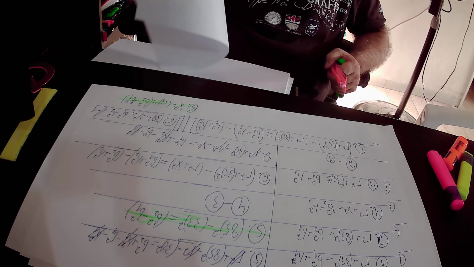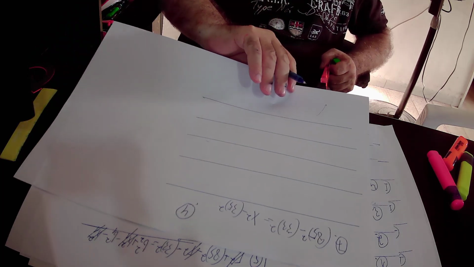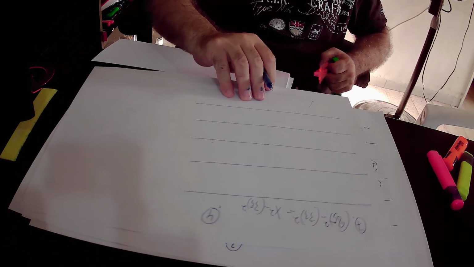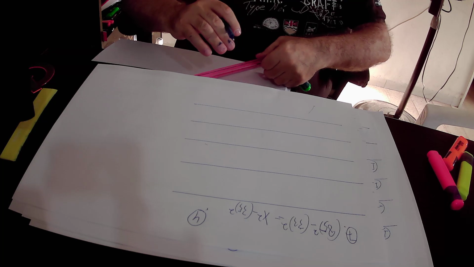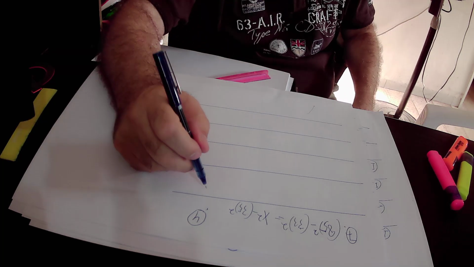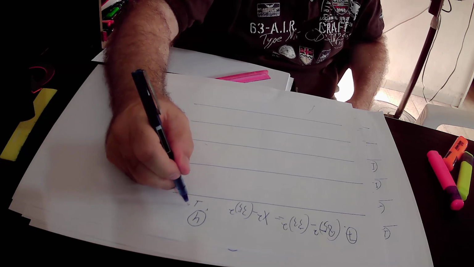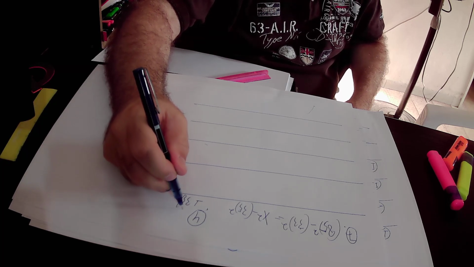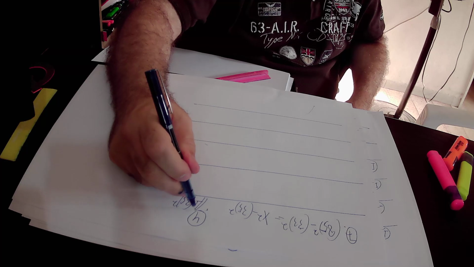So according to equation number 7, we found out that 85 squared minus 33 squared equals x squared minus 35 squared. The next step, we'll add 35 squared to this equation number 7, and we'll get that according to